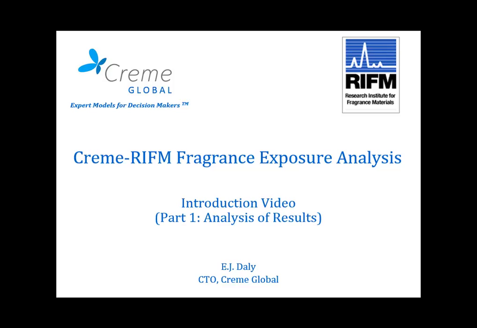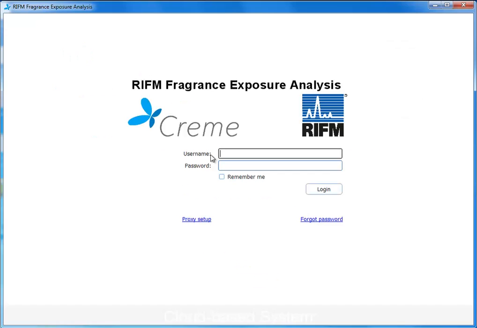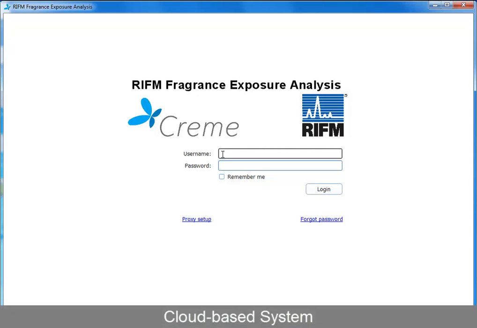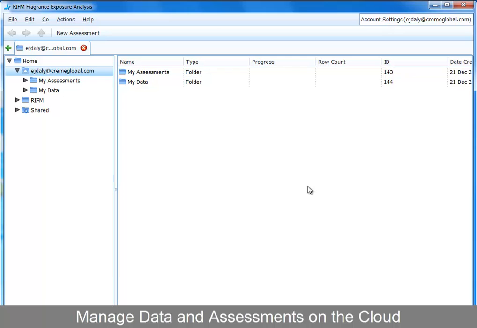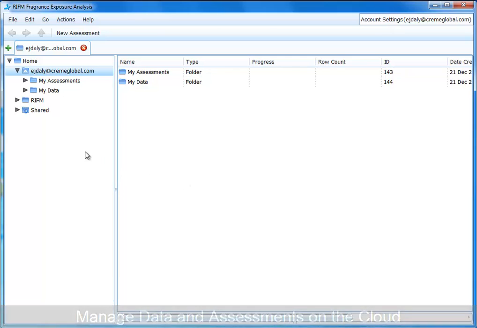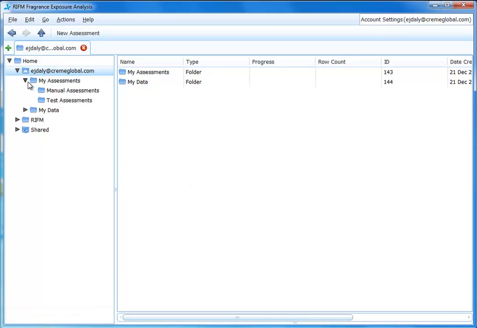In this part of the introduction videos, we will focus our attention on the analysis of exposure assessment results at various levels of detail. The Creme RIFM software model is a cloud-based system, and so we can gain secure access from any authorized PC or laptop using a login username and password. On logging in, we're presented with a folder view which contains a personal workspace with folders for My Assessments, containing